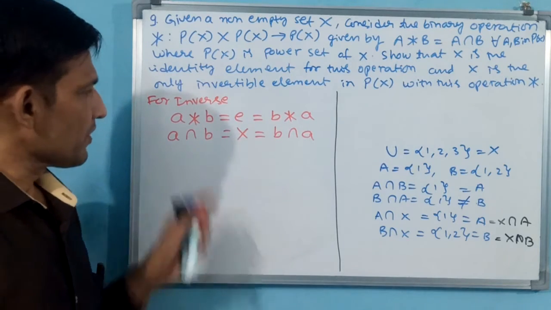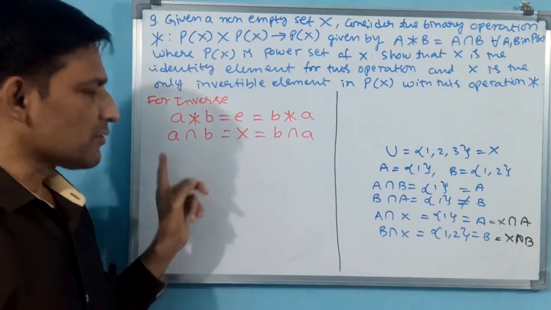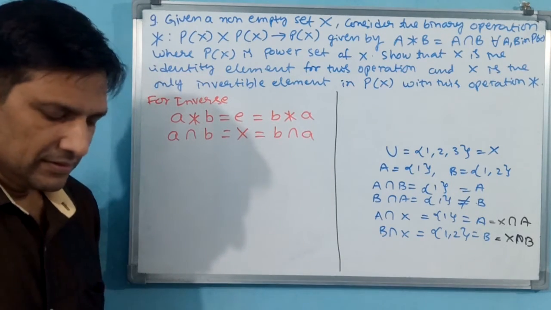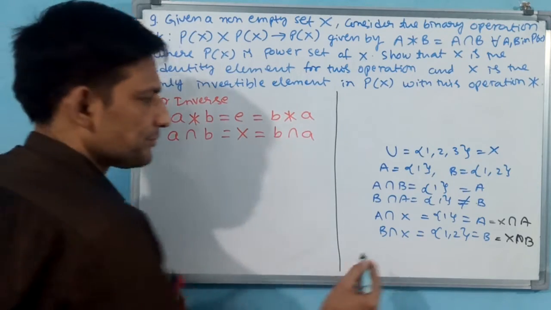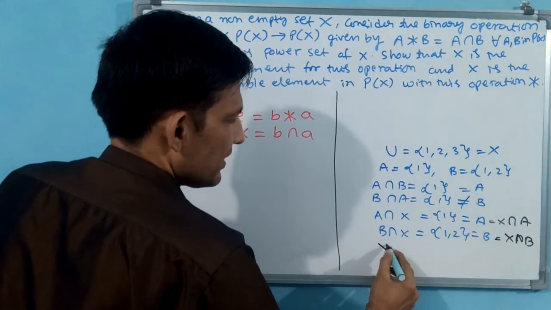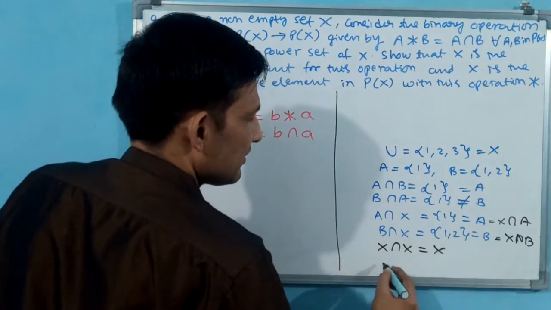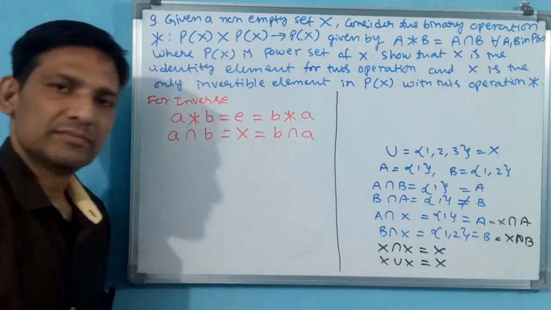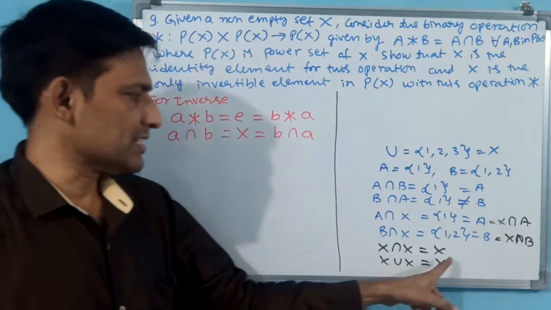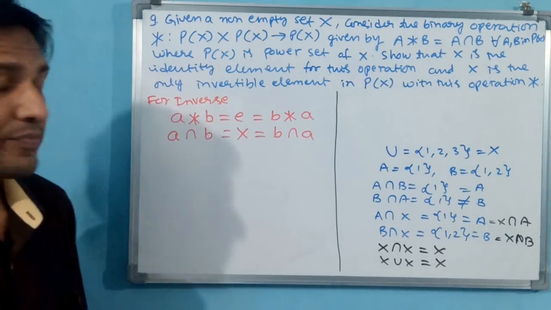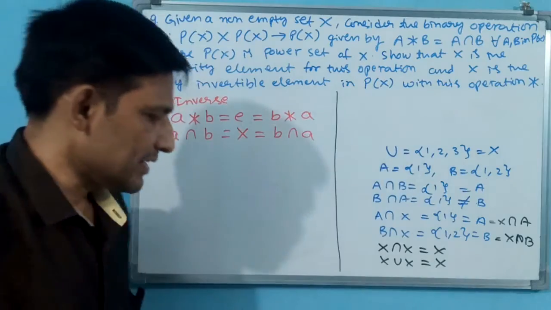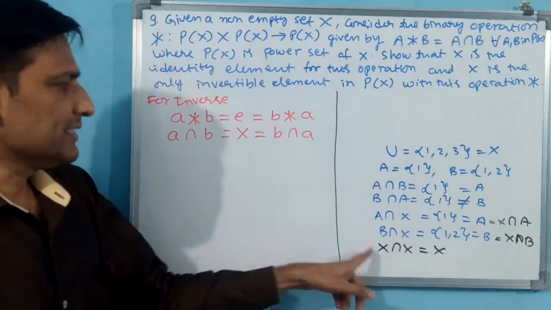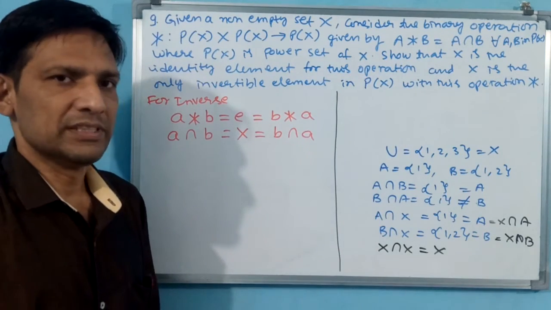Okay. You tell me now what will come here. To come X, what do you have to apply here? X is the universal set. You see here, X intersection X is equal to X will come. X union X is equal to X will come. Why? Because both have the same elements. That is why the result is going to come the same. But here union is not important; just for your understanding I have written this union, you remove it. X intersection X is equal to X only.